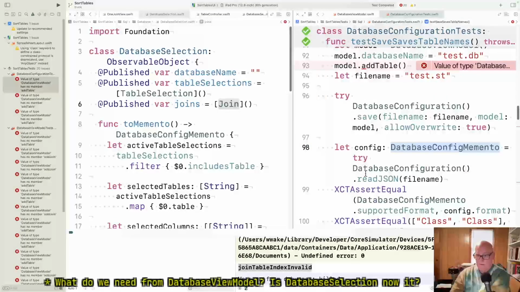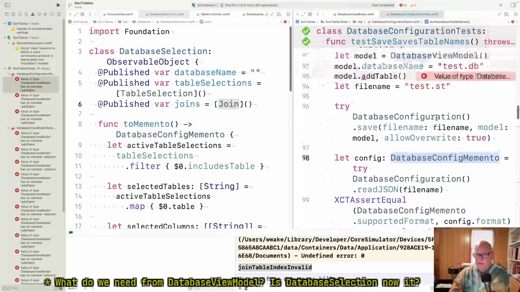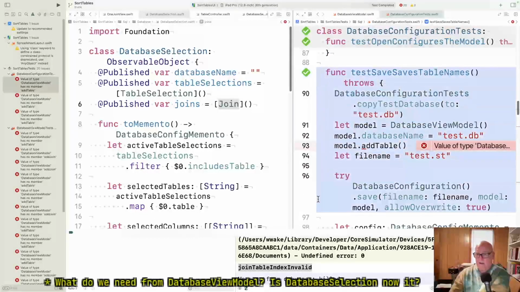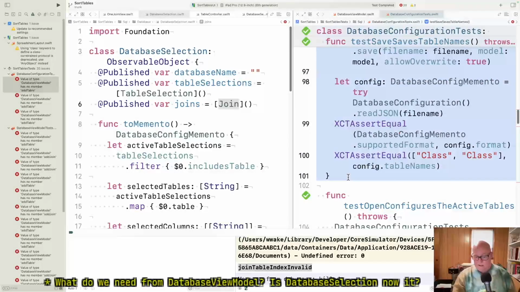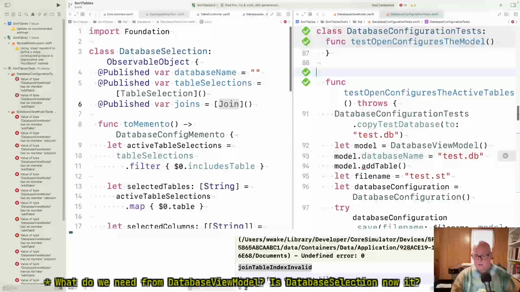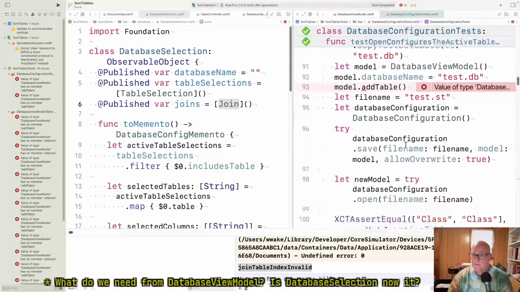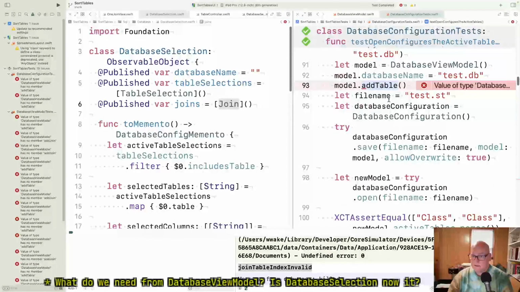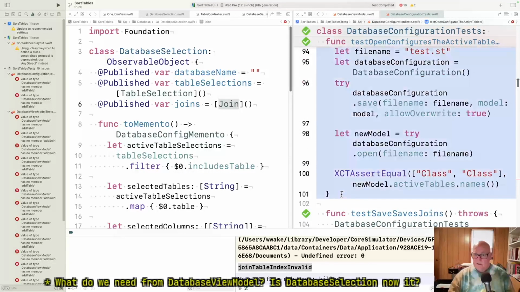Although they're actually writing and reading it to make sure. But I think I'm going to say this test is outdated, and that we cover this by checking that the memento gets written right so that the data is getting through. Open configures it. Yeah, same thing, I think. We're right. Yeah. Now this next one,